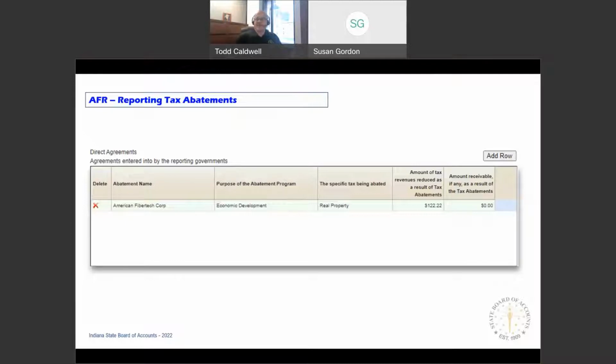And then to just repeat, if your county auditor provides that, let's say you took the $9,040 times your tax rate and you didn't come up with $122.22, you need to go back to the auditor and say, what did you do to get to that? Because I come up with a different amount.